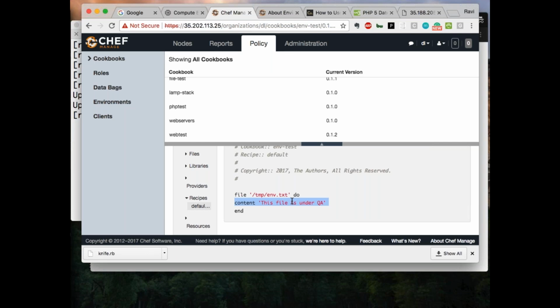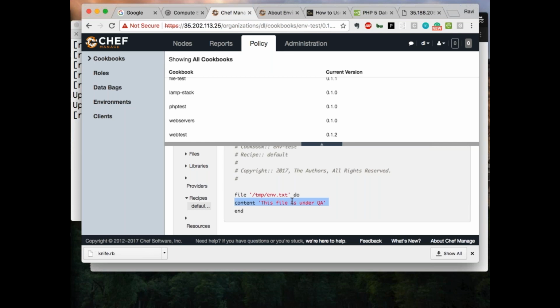This particular concept: default.rb will be only one. Basically, why we are doing default.rb is that you don't need to specifically apply each and every specific version. So default.rb will be one file where we give the file content. This file is under dev. And then in metadata, first is the 0.1 version. And then in environments, we create dev.rb, where we say take this particular version. And the description we make dev. So when we run that, we will give the dev environment.